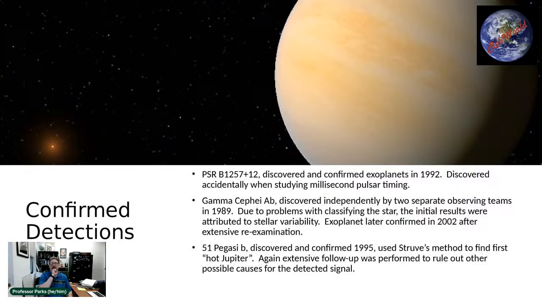A group found... I cannot pronounce the first person's name. Starts with a Q, QE, something or other, QUE, something or other, and Mayer. To be a barbaric American, I really have a hard time with foreign names. Anyway, they found a planet around 51 Pegasi, and it was quickly confirmed by others in 1995. And so this was the first planet that was discovered around a sun or a star like the sun.